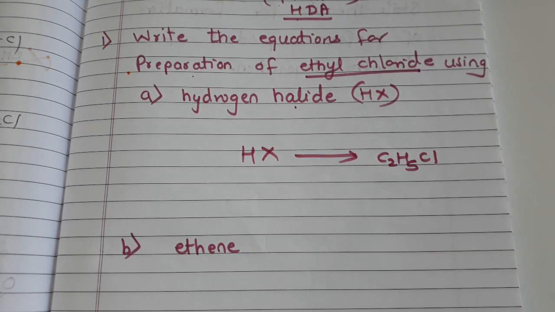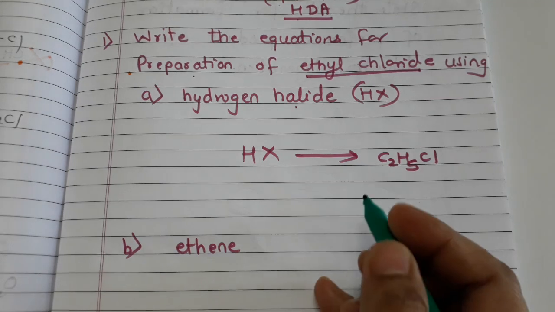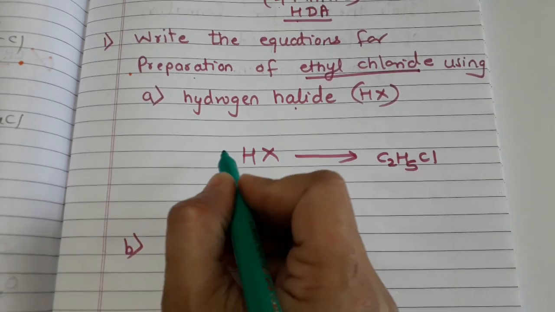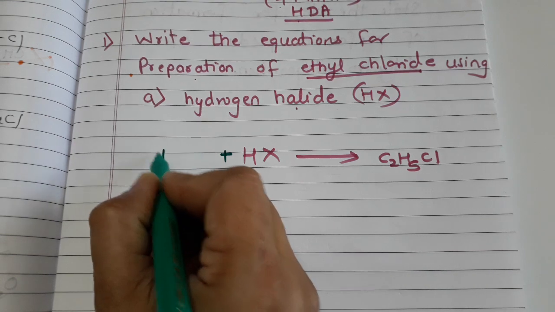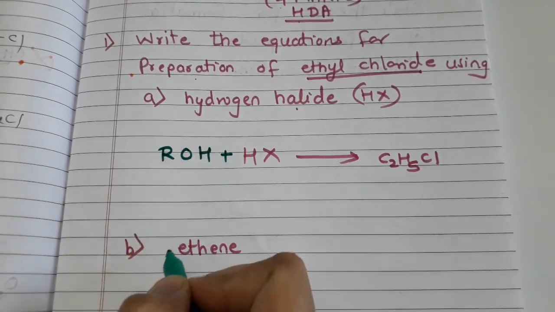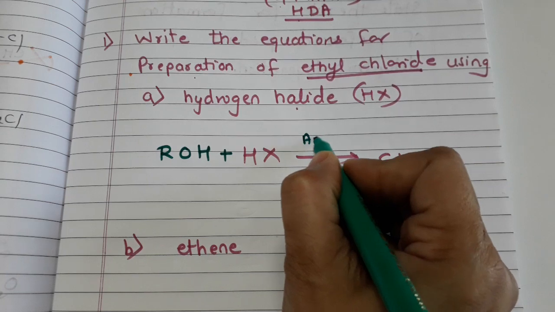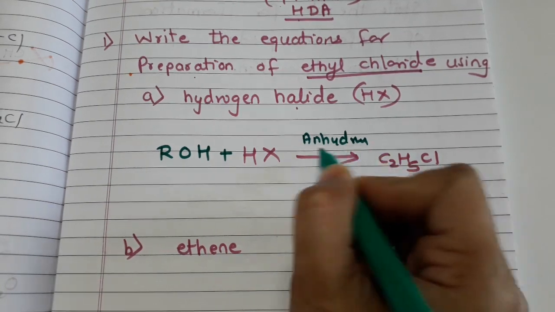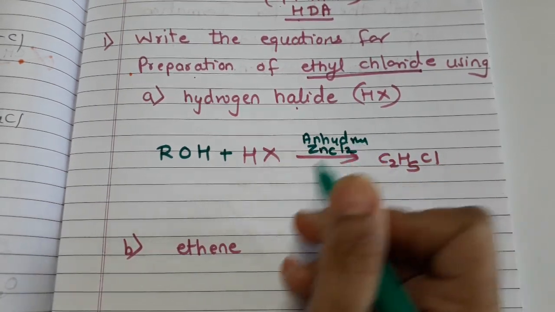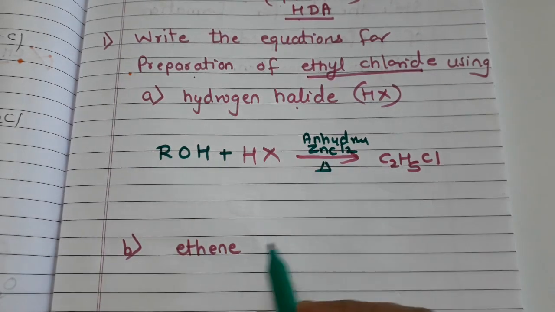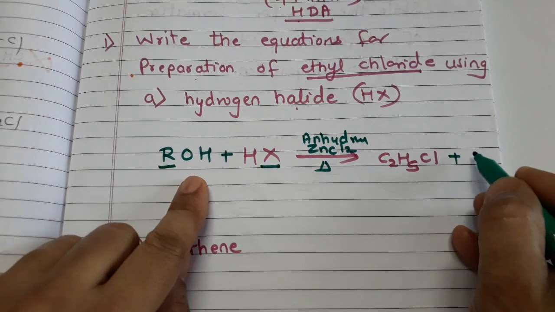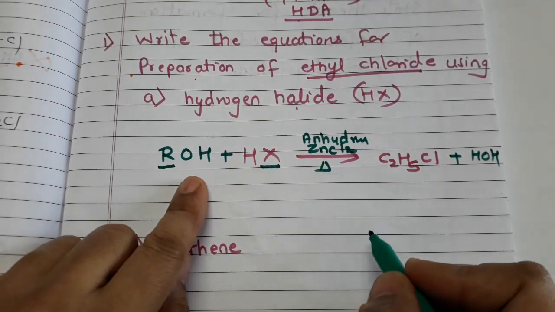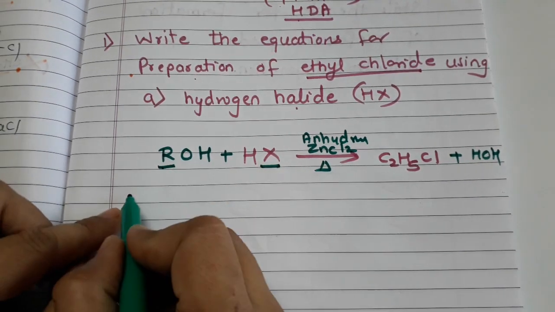When you write the equation in this form, you will definitely recollect that this is a reaction wherein we have to use alcohol, ROH, in presence of anhydrous zinc chloride on heating. So what happens is RX plus HOH. Now, instead of R, I will write